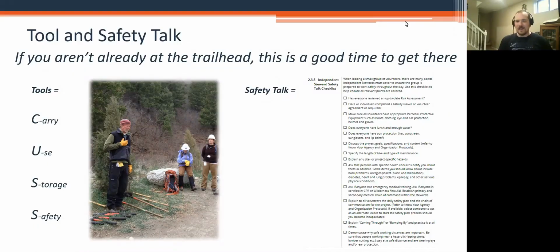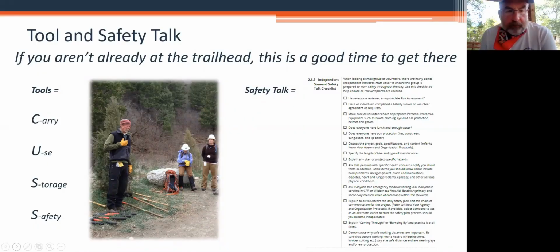And I think in this case, plus or minus a little more context, you're pretty much doing the same thing whether or not they've done any prep work. Just if they have done some prep work, then you're more diving into, okay, let me model this for you, and then we're each going to take a turn. And you might do more of a safety circle with the safety talk with the trainees, where everybody takes a turn bringing up a safety element to discuss before hitting the trail.